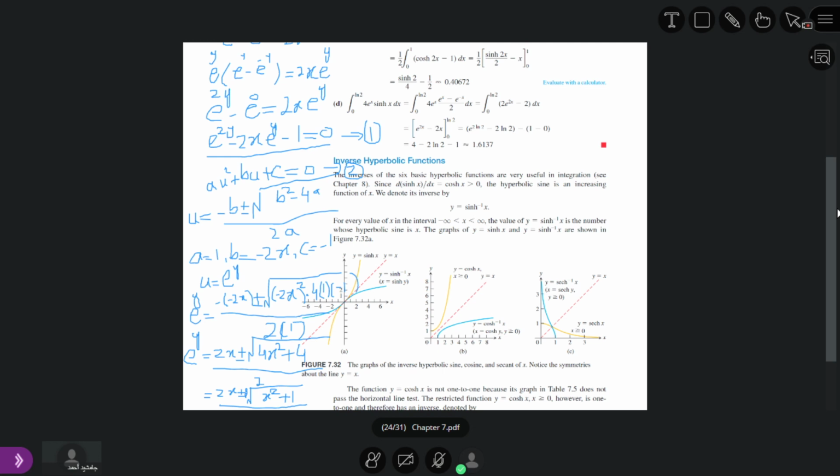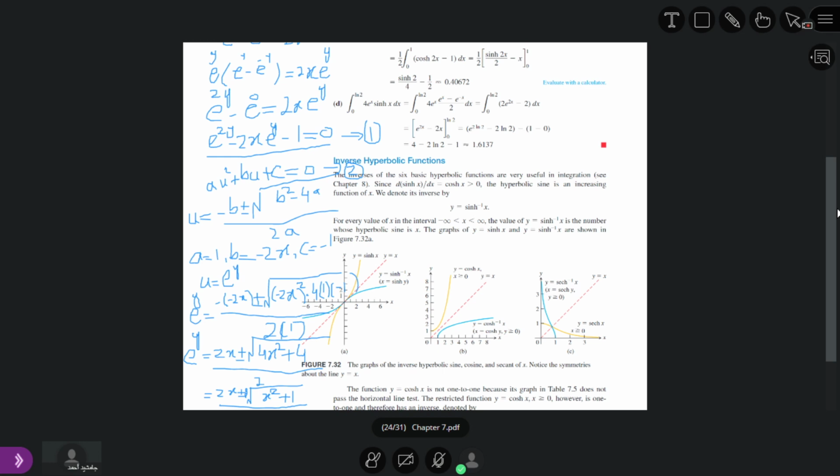In the next step, we shift 2x e power y from right to left. On the right, it is positive. Whenever we shift to the left side, it becomes negative. So that is why we get here e power 2y minus 2x e power y minus 1. Why minus 1? Because e power 0 is equal to 1.